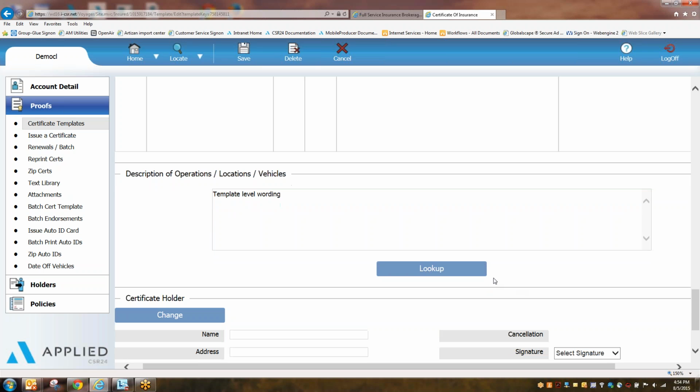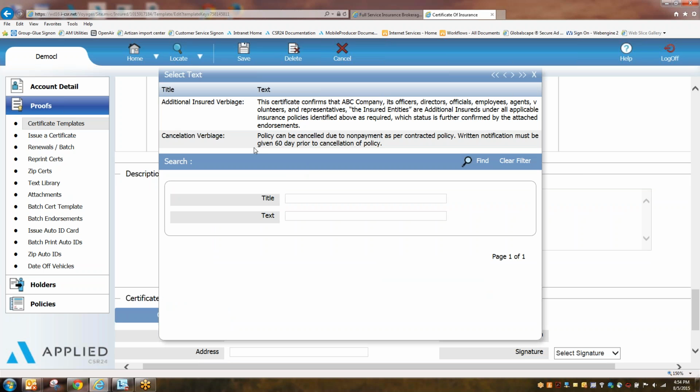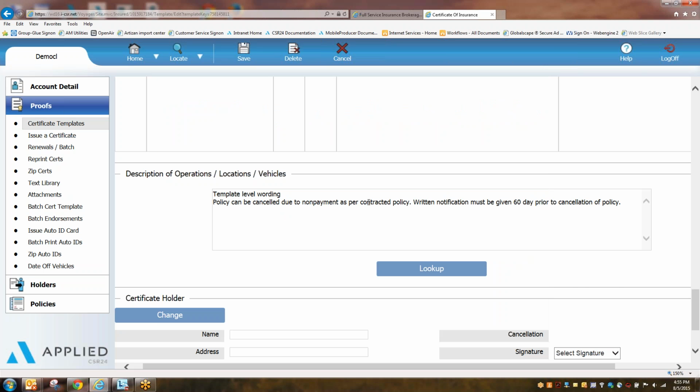Okay. It is important to note that we have a lookup button. This is going to be tied to a description of operations library, which the admin team can manage on a global level, or internally you can manage for your own specific insured. So if there's common verbiage like cancellation verbiage or additional insured verbiage, that can actually be added into the library on a global level so that it would be available to select from when you're building your certificate template. This same library is also available during the issuing process, so if maybe some of this verbiage is not appropriate here on the template, it could be added in when you're issuing for a specific holder. I'm just going to pull in that cancellation verbiage,